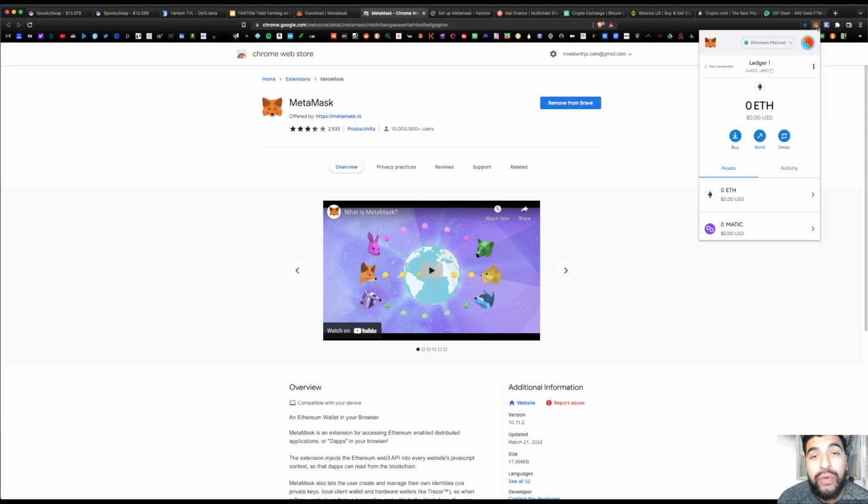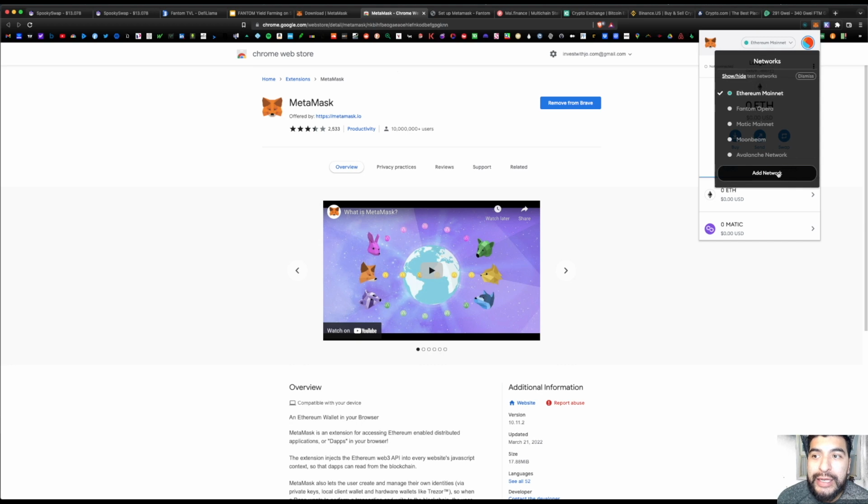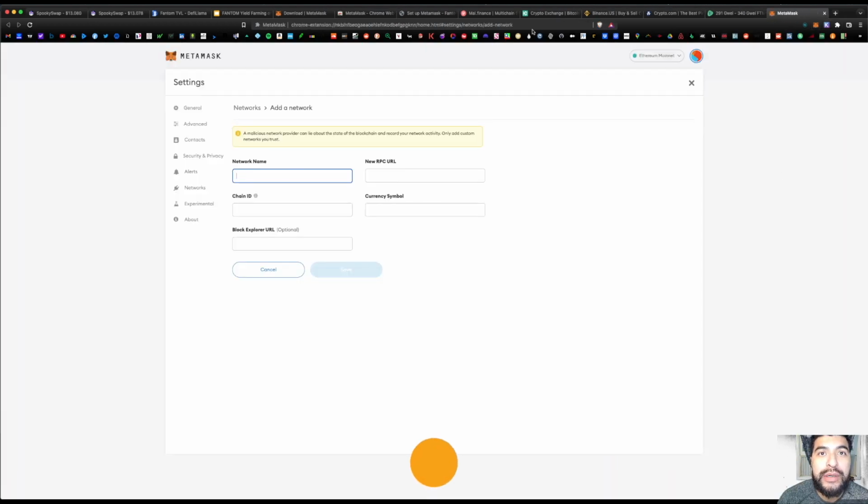By default only the Ethereum mainnet is pre-installed. You will have to manually add the Fantom network. So what you would do under your network list here is scroll lower and hit add network. And from here, you would go to